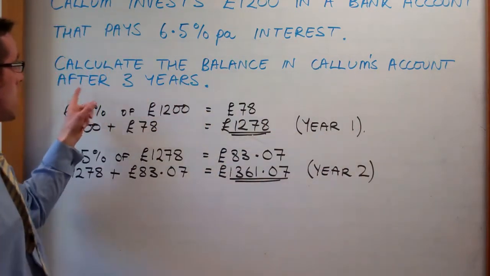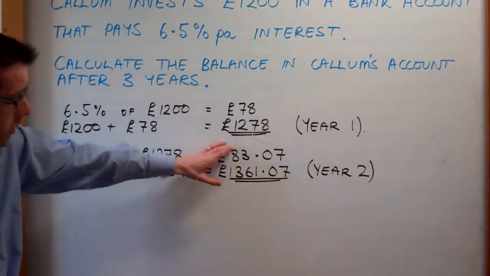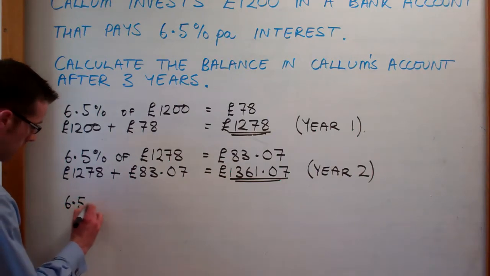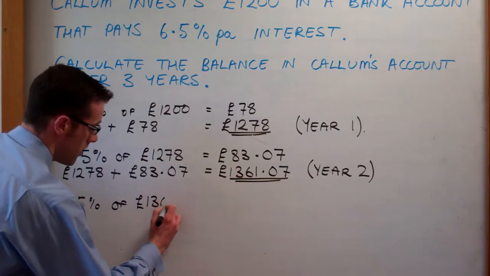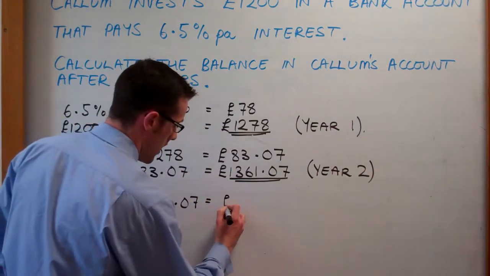Right, now the question asks us for the balance in Callum's account after 3 years. So we're going to do the same calculation one more time. Alright, so this time it's 6.5% of £1,361.07. That gives us